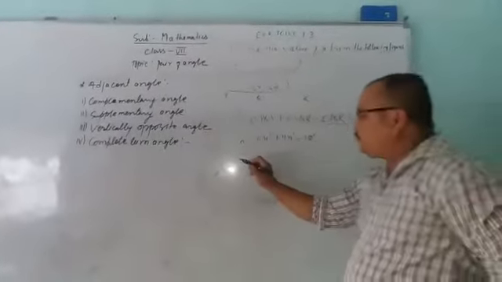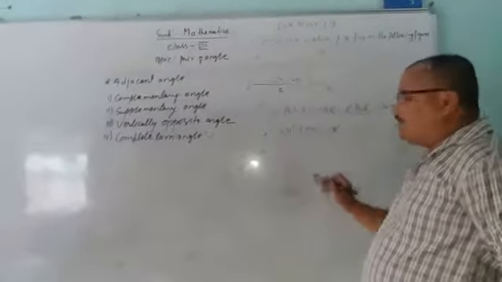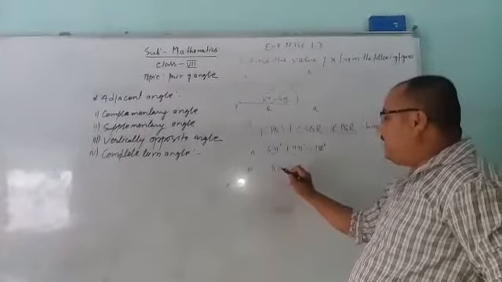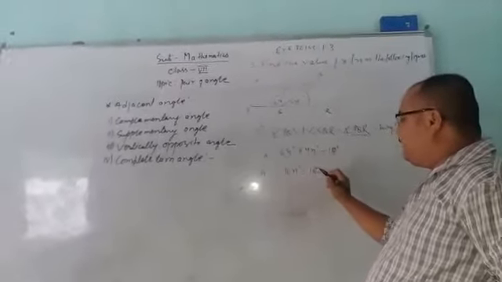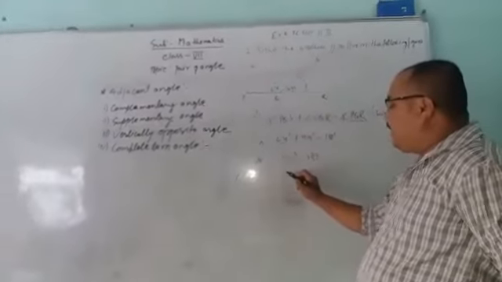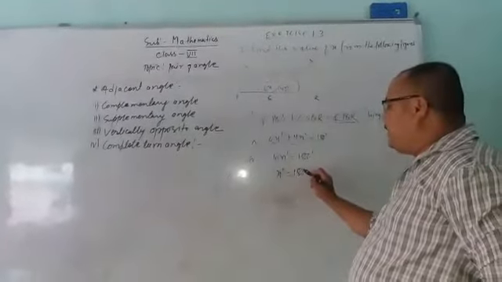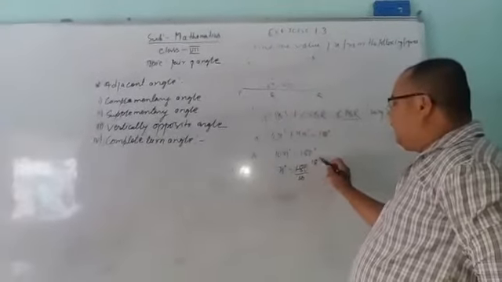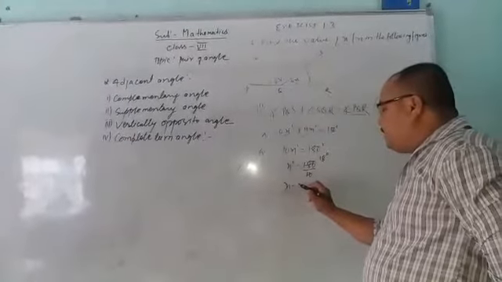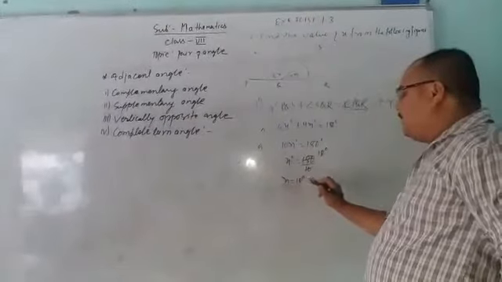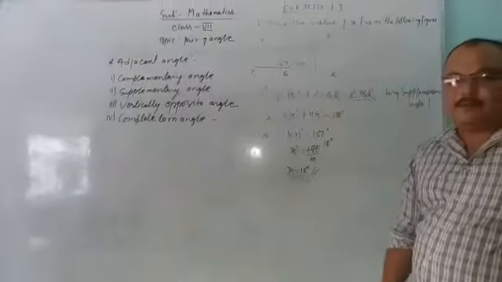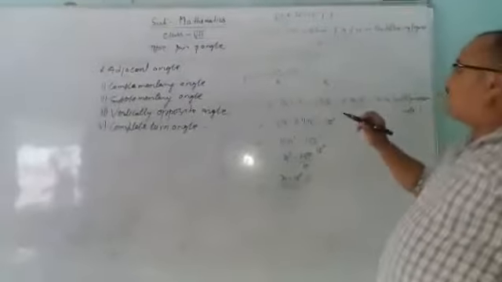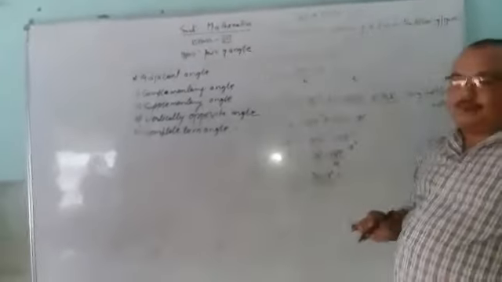So now these are two like terms. From it, 10x degrees is equal to 180 degrees, and x degrees is equal to 180 degrees divided by 10. So its answer is 18 degrees. So the value of x is equal to, my dear students, how much? Yes, 18 degrees. So in this way you solve exercise 1.3.1.